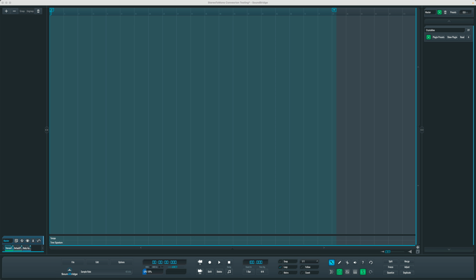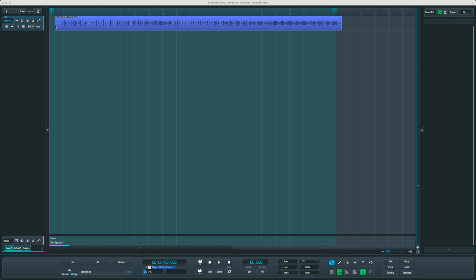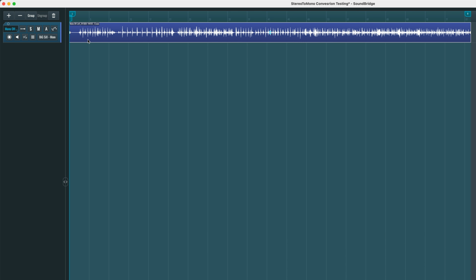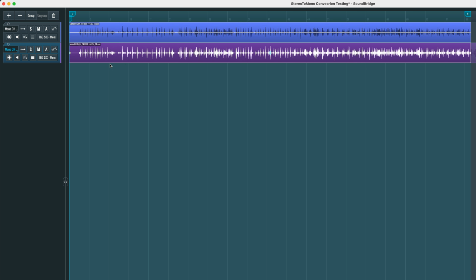So to get started, I am going to drag the mono left overhead mic track from my system up into Soundbridge. Because that was a mono wave file, that will automatically create a mono track. I'll explain in a bit what's the difference between a mono track and a stereo track. And then this is the right sound. So if I play this back,